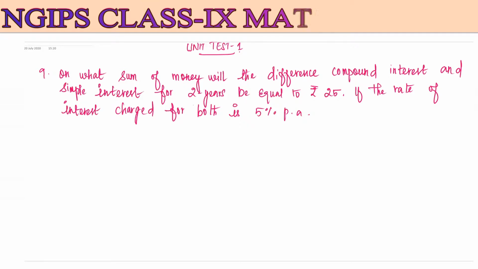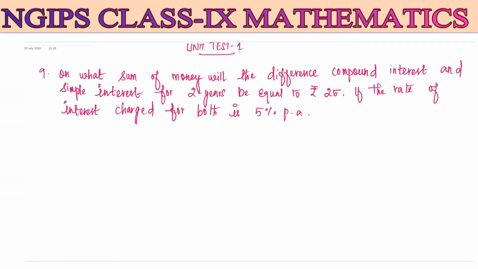Today's session we are going to see the first unit test paper, 9th question: what sum of money will be the difference between the compound interest and the simple interest for 2 years to be equal to 25 rupees, if the rate of interest charged for both is 5%. Now listen carefully. Here the principal is unknown. I am going to teach two methods. Okay, here the first method,